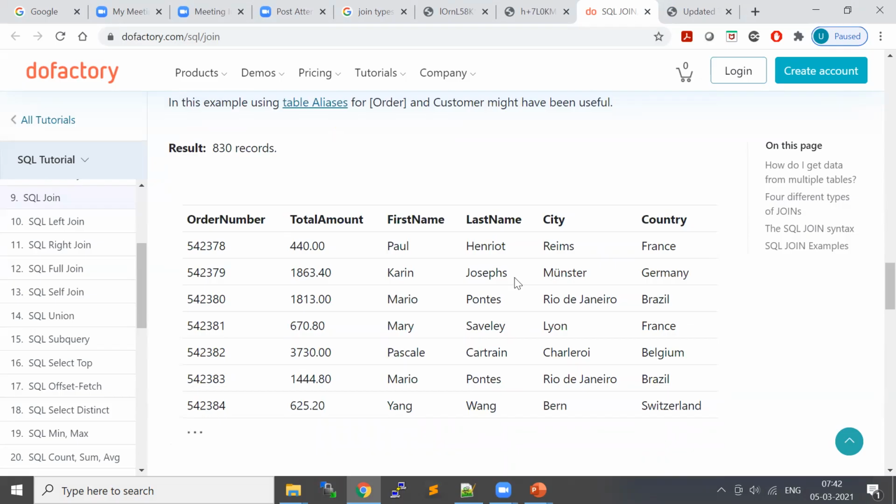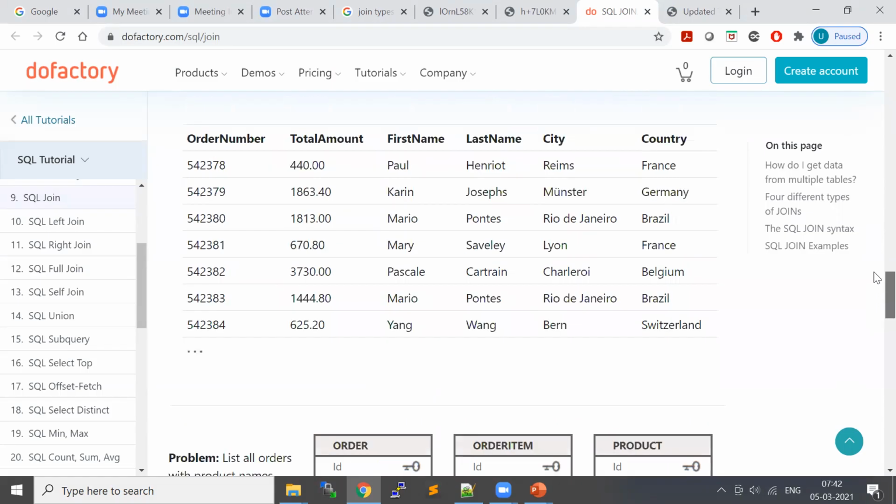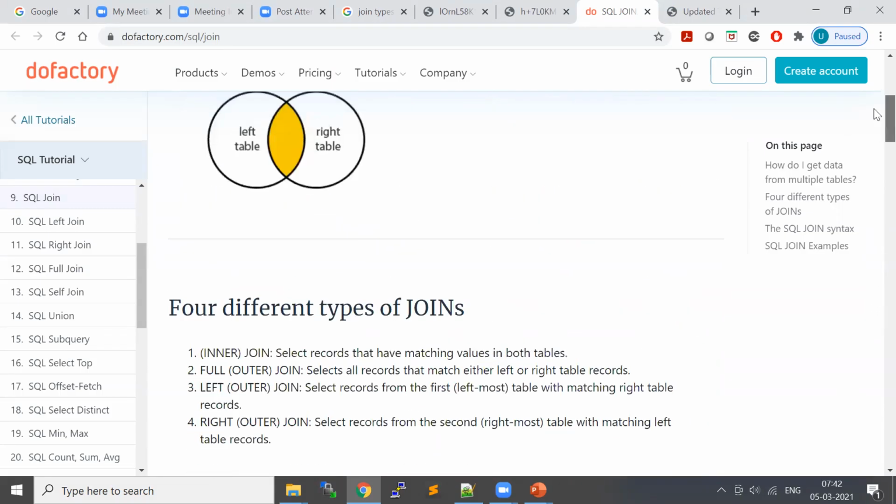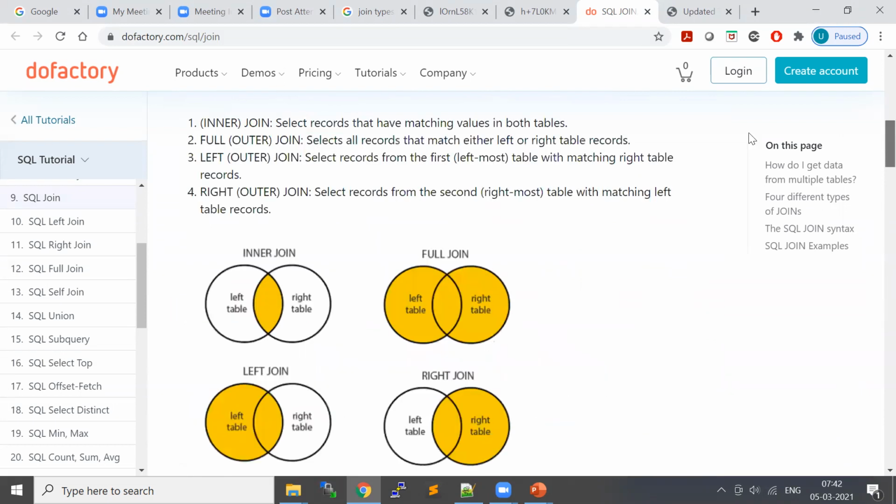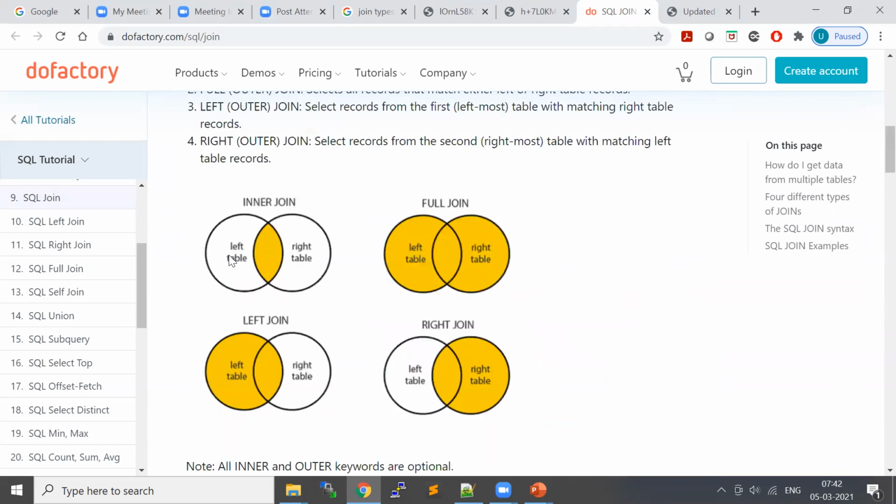So for an inner join, say we are considering two tables, where the left table is the order table and the right table is the customer table. What this yellow shaded area says is whichever customer IDs are matching between these two tables, that is the result or output you are going to get.